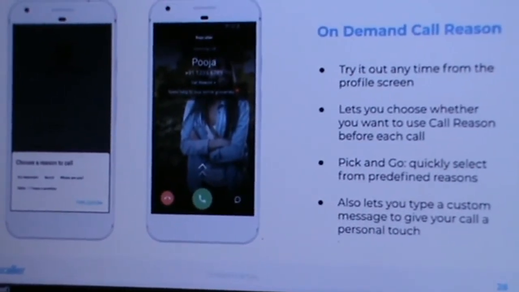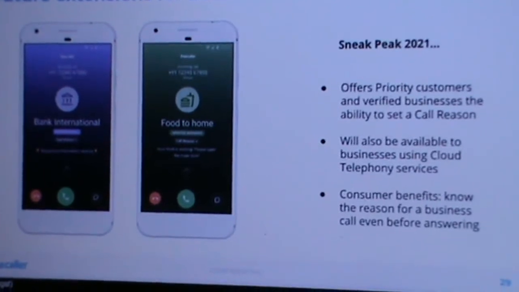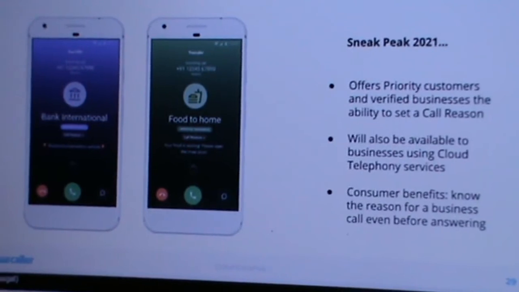So for me, what I personally think is that call reason is also important for your personal calls, for your phone book calls, because sometimes calls are meant for that particular time. Say I'm in a meeting and I'm getting a call from my wife, I don't pick that call, and after the meeting I call her back. She says now it's over, that time I was looking for something, but you didn't reply.